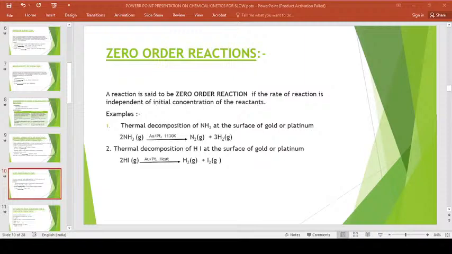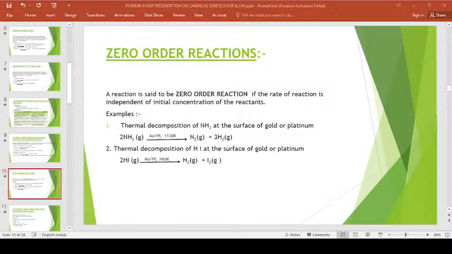Now just do some rearrangement. After rearrangement, it is found that ln of R naught minus ln R is equal to KT, which implies ln of R naught divided by R equal to KT. Let it be equation number 5. From this, K equal to 1 by T ln of R naught divided by R, and it is further equal to, if we convert ln to the base e,